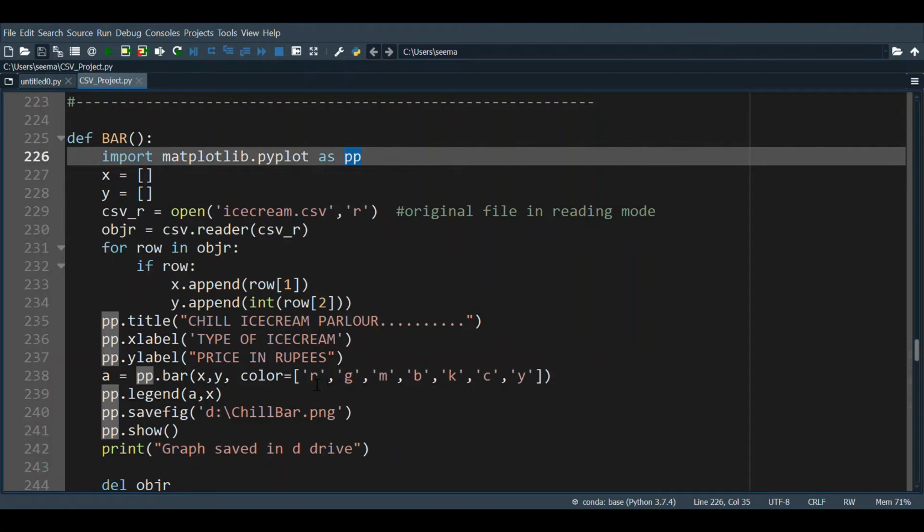So every time the color code will start from the beginning. You can give the color codes accordingly. After that, legends. I want to display the legend showing which bar is displaying what ice cream flavor. So I'm using this legend, and I am also trying to save this file in this location by the name